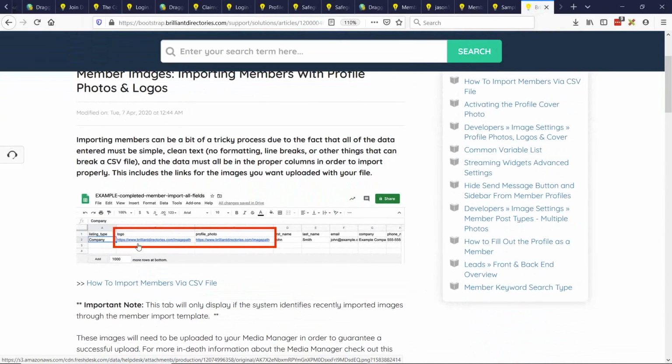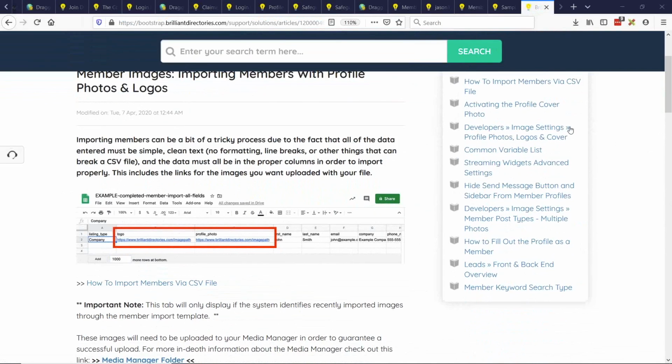And if you can see in this picture here, and I'll share this in the chat for everyone, and you can certainly take a look at this link, Mark. In your import file, you just need to put the full URL of where that image exists on the internet, not the page, the URL of the image itself. And then the system will import your members and also fetch and grab the images with the instructions in this article here.